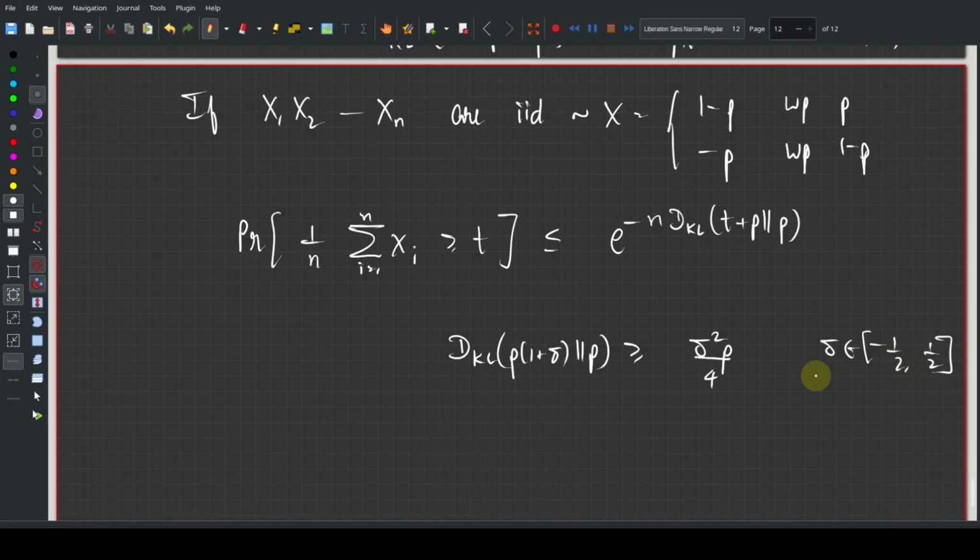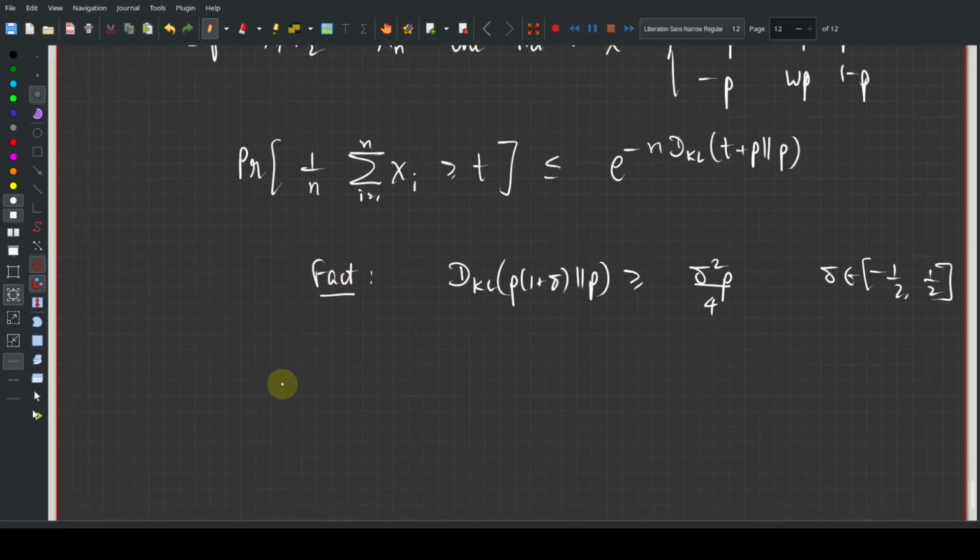So let's just use this as a fact. You can prove this separately, but for now, let's just use this as a fact. Another fact, which again you can derive using a similar approach, is that for any t positive, the probability that the summation i equal to 1 to n of xi is less than or equal to minus t